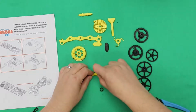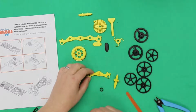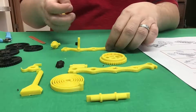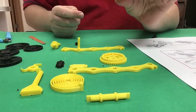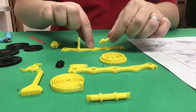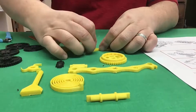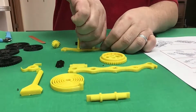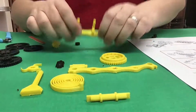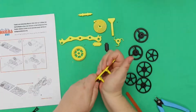It may be really tight to get in there. You may actually have to press down hard or use a hammer to get that to go in there like that. And then we're going to do the same thing with the shorter one. That's right here, and that's going to go into the next square hole. And you want to force them all the way down, and they should almost click in place. So I'm going to use my hand here a little bit,